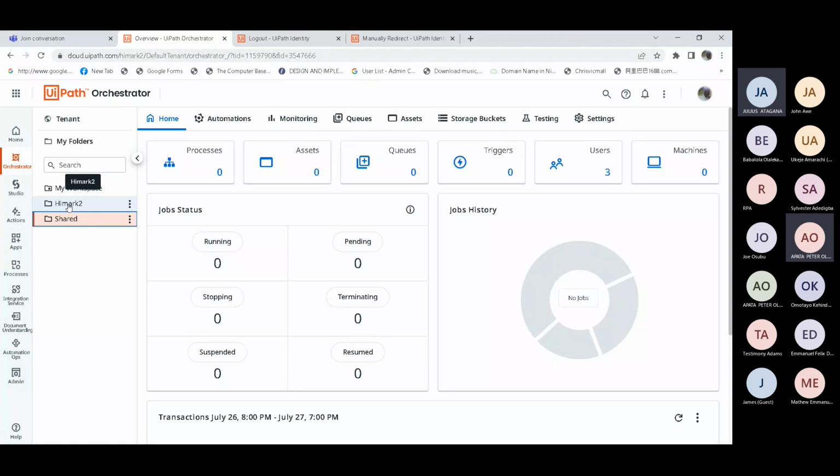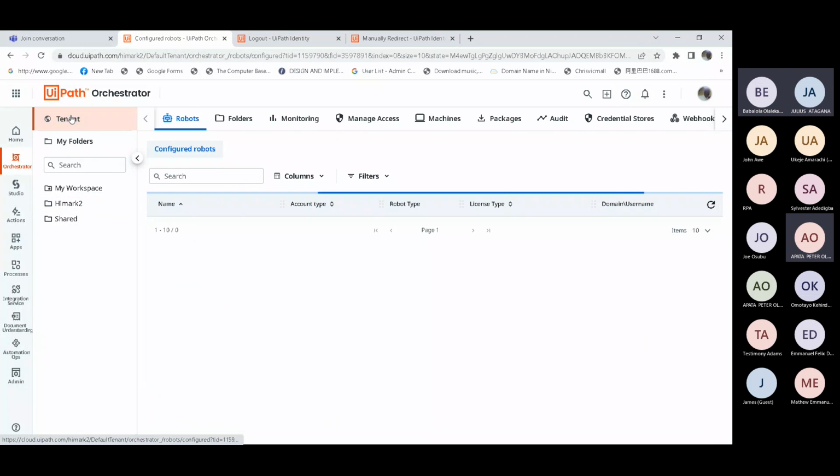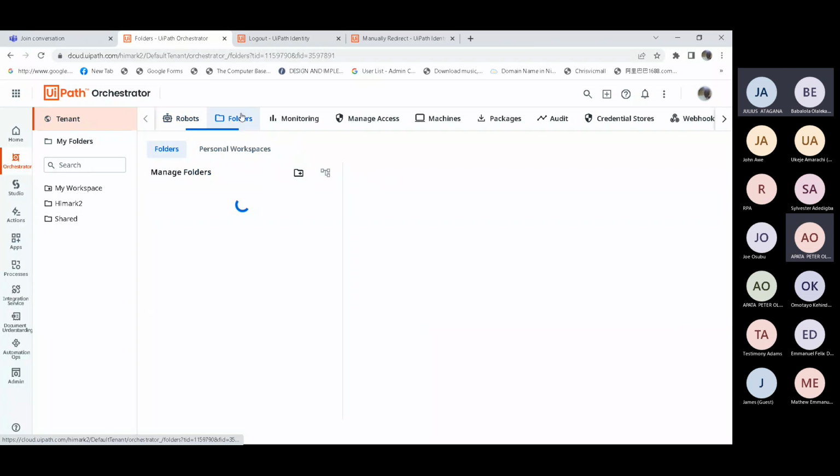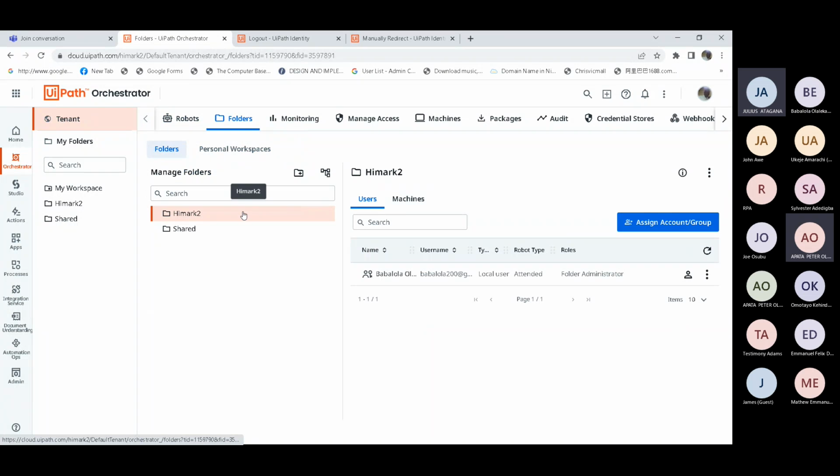Hello, Mr. Austin, sorry, the network threw me off. Okay, click on tenant folder. Click on the folder after robot. I've done that. Then click on the icon on this place now. Okay, then machine.